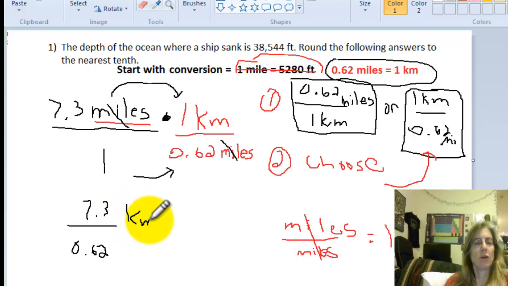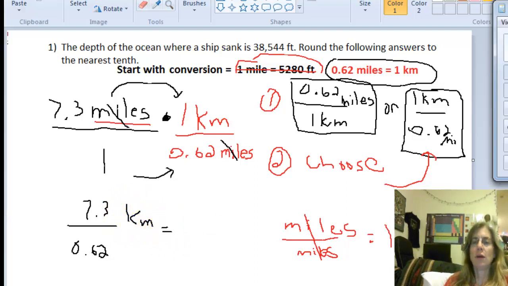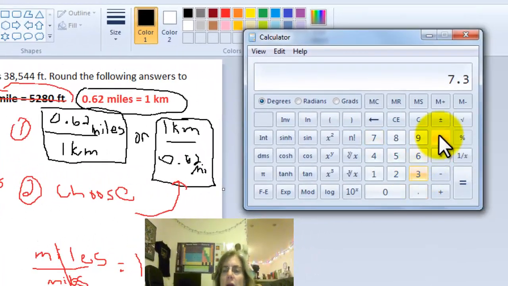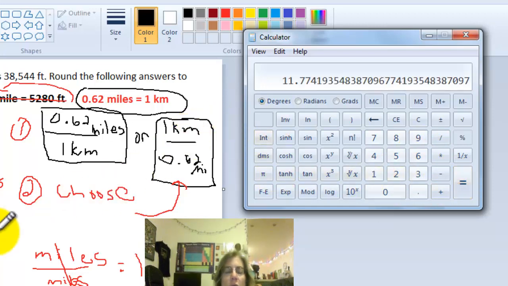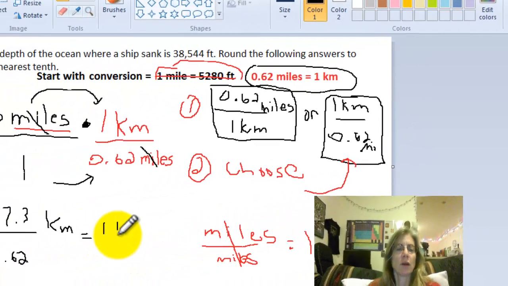So your answer will be, drum roll, calculator, 7.3 divided by 0.62 is 11.77